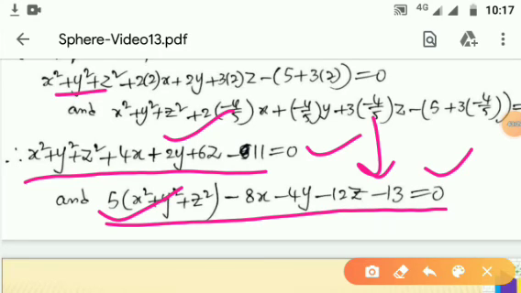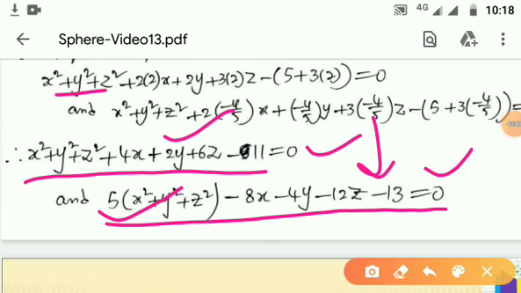Therefore, this is what we have learned in this class. We have learned that every coaxial system has two limiting points. To find the limiting points of the coaxial system, we must take the general equation of the coaxial system. We must take the radius of the coaxial system to be 0, and then by taking the radius as 0, we will take parameter lambda. We will get two values of lambda, and by taking the two values of lambda in the centers of the coaxial system, we will get 2 points. They are nothing but point spheres. They are the limiting points of the coaxial system.